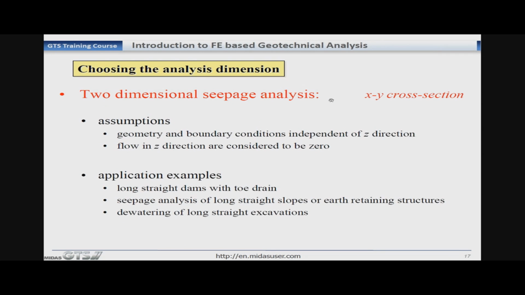For two-dimensional seepage analysis, as you can see here, different assumptions and the application examples where you can do this kind of seepage analysis.